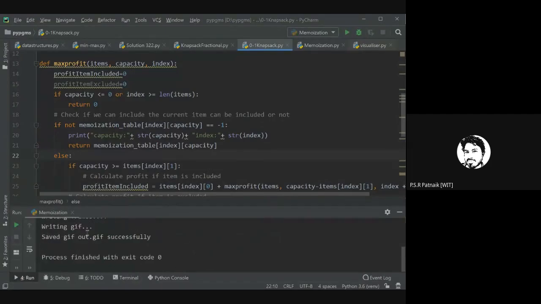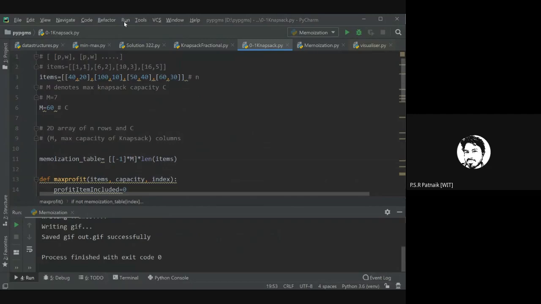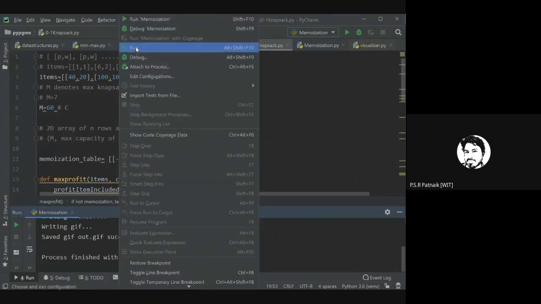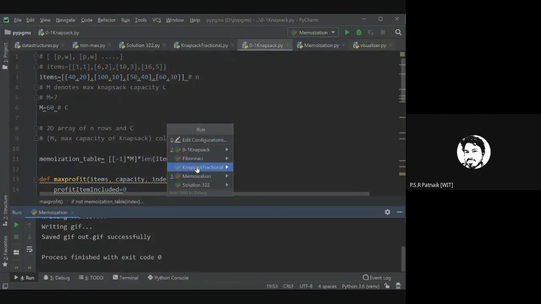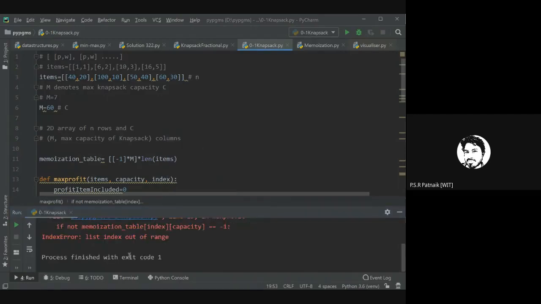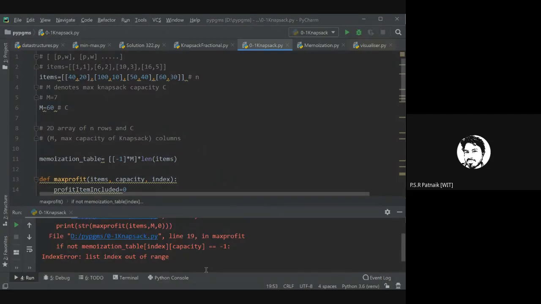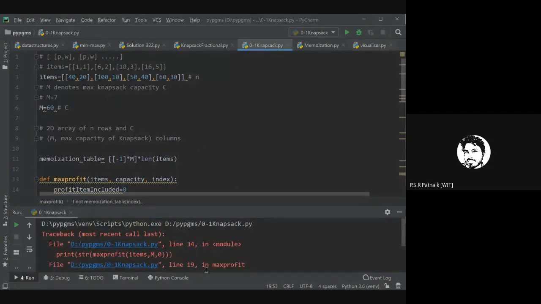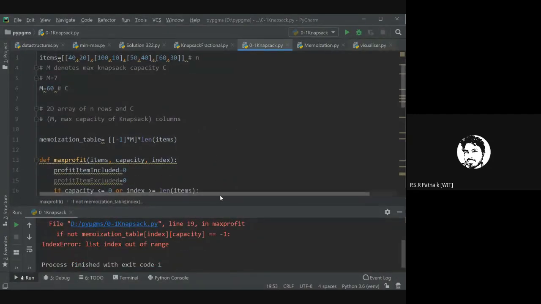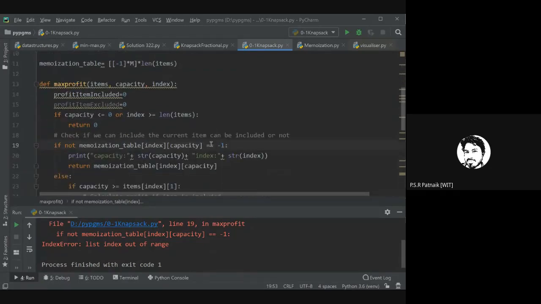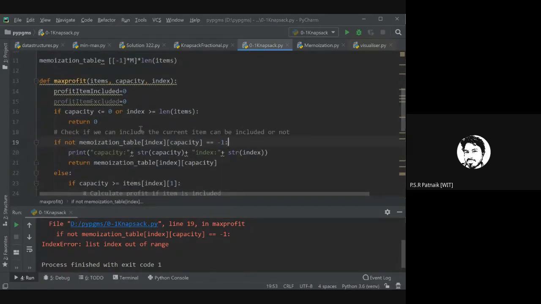Okay, I'm executing the same previous program. Save the value. List out of range. Okay, so maybe I'm wrongly getting this value, but let me debug it for you to better understand.